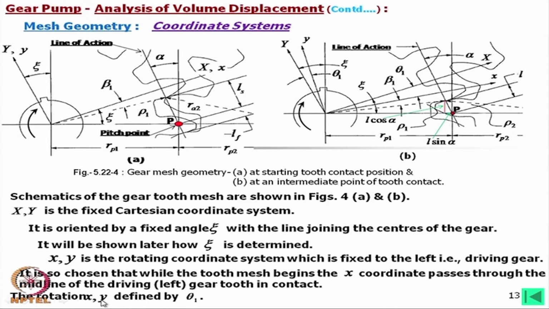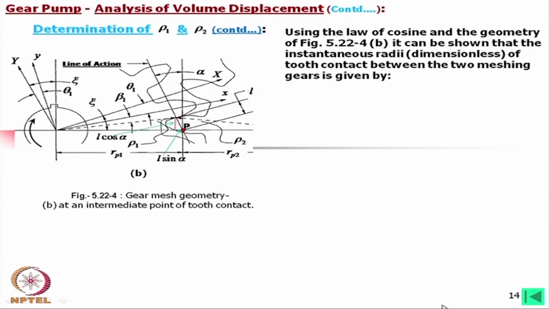The rotation of x y is defined by theta 1. Theta 1 is the angle of rotation of the driving gear. At theta 1 equal to 0, the small x axis coincides with the capital X axis, that I have already explained. Now, using the law of cosines and the geometry with reference to figure 4b, which means that we have considered the intermediate